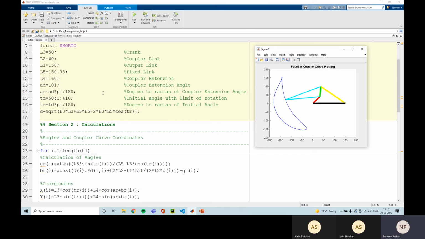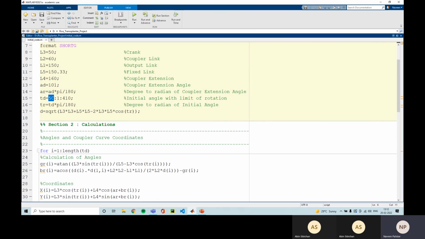In MATLAB we use pi as pi. Angle theta is the variable which we are going to rotate. It will start from 50 and increase by 1 degree in each iteration. So theta d is a matrix which will save the values of angle theta: 50, 51, 52, and so on, up to 410.